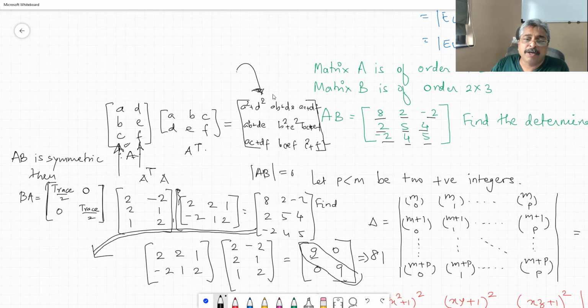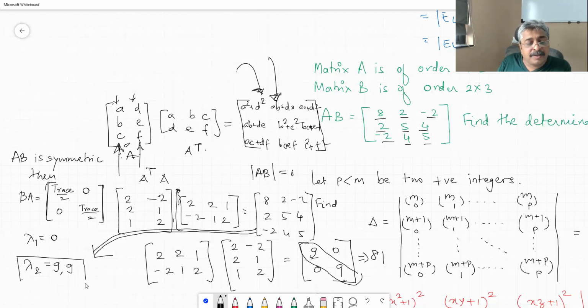The determinant of this, in general also, is going to be 0, because this 3 by 3 space is created out of only 2 vectors. And therefore, it cannot span 3-dimensional space, this product matrix. It will span only 2-dimensional space, therefore the determinant is bound to be 0. And when I check the eigenvalues, lambda 1 is equal to 0 and lambda 2 is 9, 9. It's a repeated lambda value. That happens over here, though that number goes and sits here.